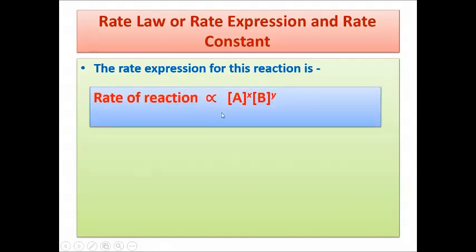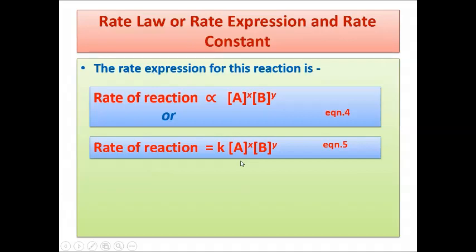Rate of a reaction is directly proportional to the molar concentration of the reactants. So here the reactants are A and B. So we write proportional to molar concentration of A raised to x into molar concentration of B raised to y. Instead of a and b, we have taken small letters x and y as the powers, because they can vary. It doesn't depend upon the stoichiometric coefficients every time. There may be slight changes. That's why we have written x and y instead of a and b.